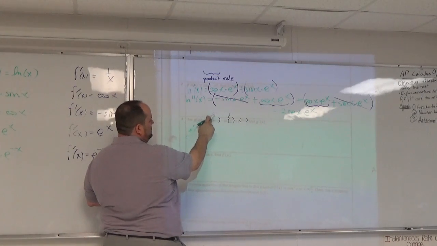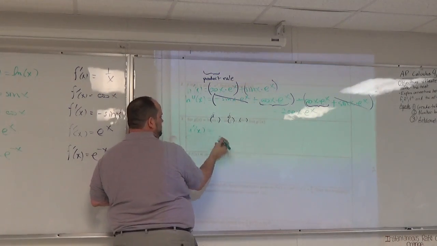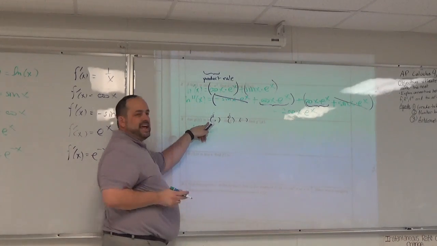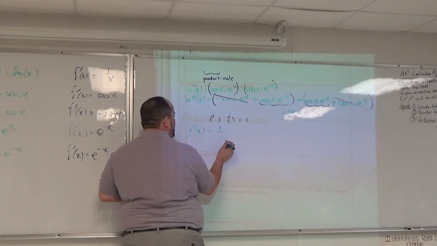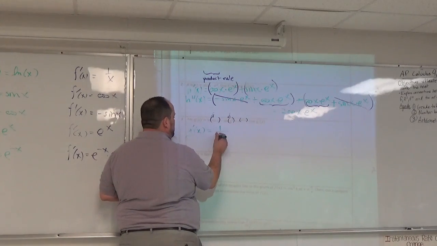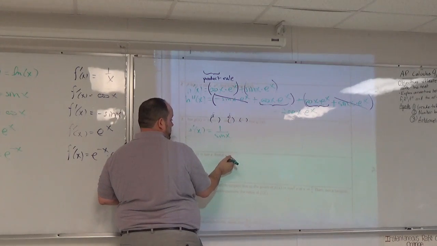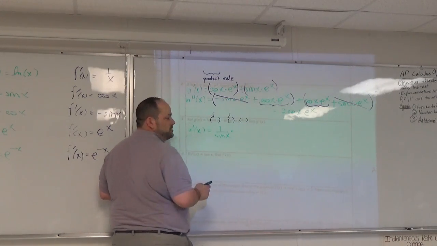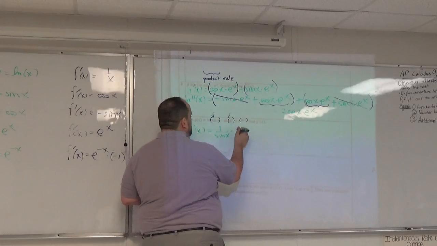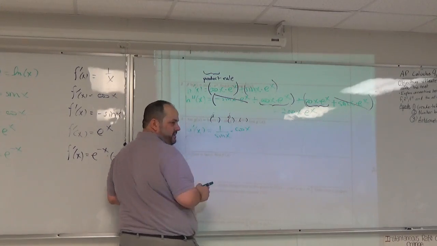The derivative of natural log of stuff is 1 over, be careful, not 1 over x, 1 over the stuff. 1 over sine of x, now times the derivative of the baby, which is cosine of x,